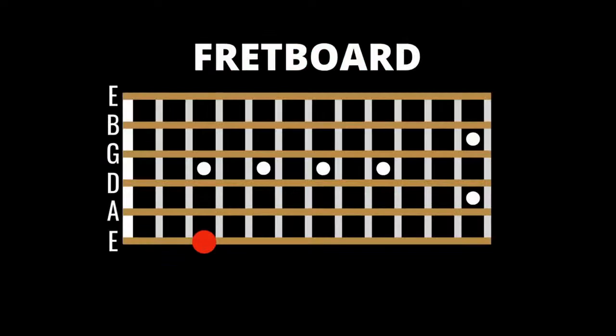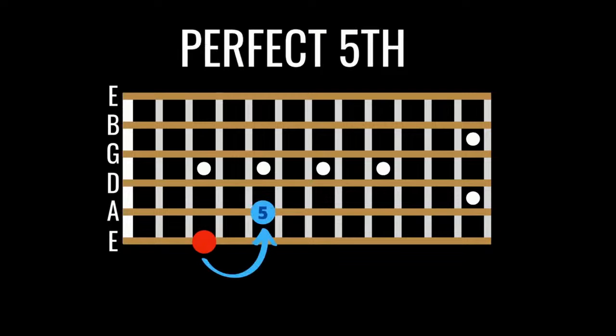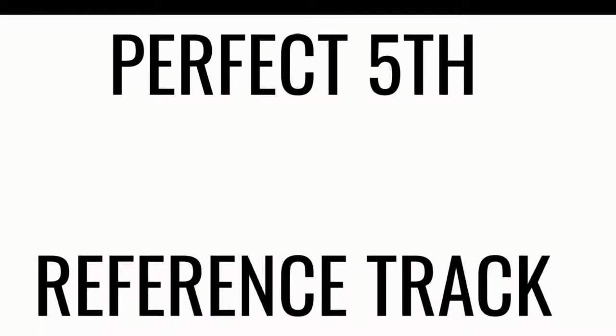To find a perfect fifth on the fretboard, you can play a note that is 2 frets higher on the next string. Or if you're familiar with a power chord shape, it's identical, as a power chord is made from the root and the fifth, or the 1 and 5. Our reference track for a perfect fifth could be anything from Twinkle Twinkle Little Star,